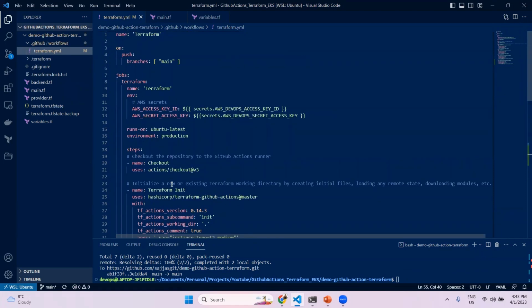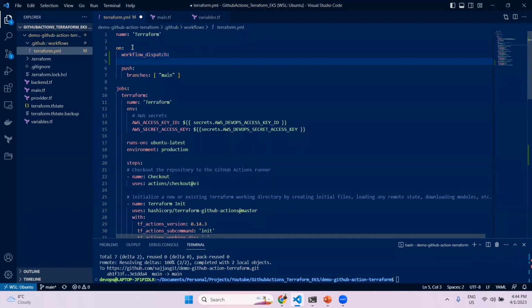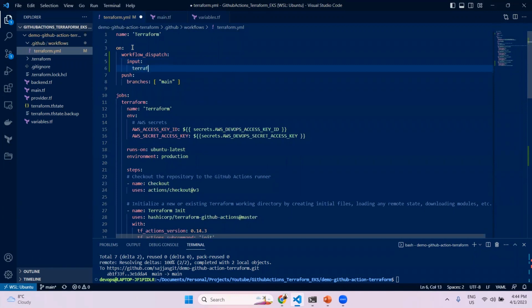So how can you provide the input parameters? Here in the on section, you need to add one more section called workflow. So you need to provide workflow dispatch. Inside workflow dispatch, you need to specify inputs. The input for us is the action, right? So which action you want to perform is a Terraform action. So just name it Terraform action, and the Terraform action type is